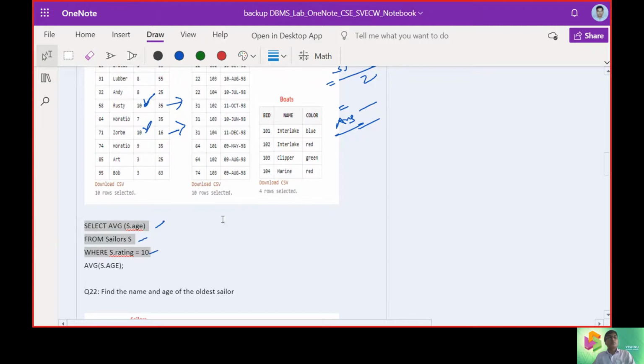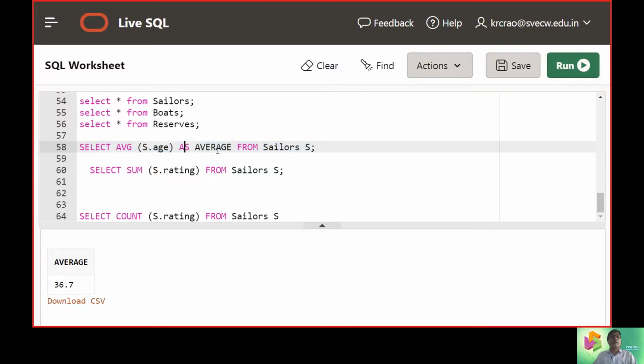So average age from sailor, we can just type it here, where s.rating is equal to 10. Just see how it works. So it is 25.5.